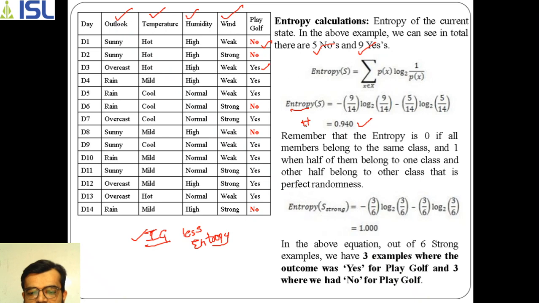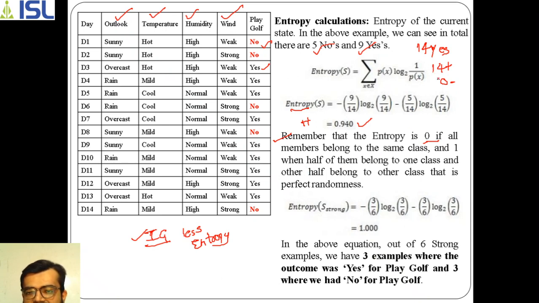So you can use H also. Any symbol you can use here. Now remember one point, there are 2 points in this. If the entropy is 0, how can you directly say that? How can you assume the entropy is 0? For example, if all the members belong to the same class. Like here 5 no's and 9 yes are there. If for example there are 14 positives and 0 negatives, all the members belong to the same class.